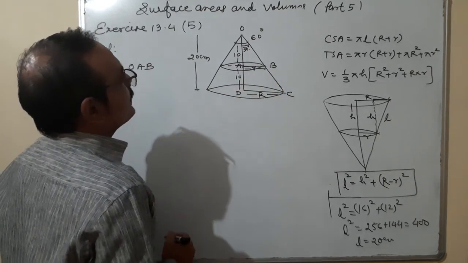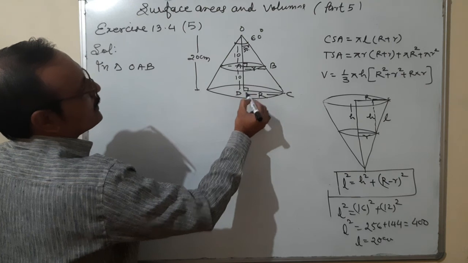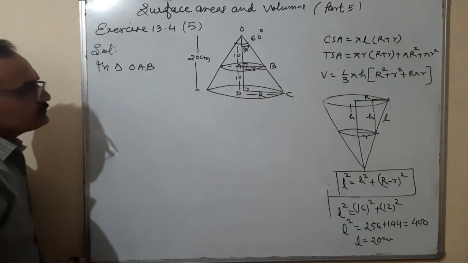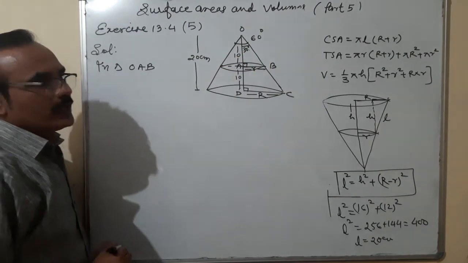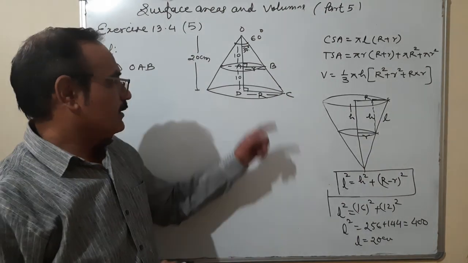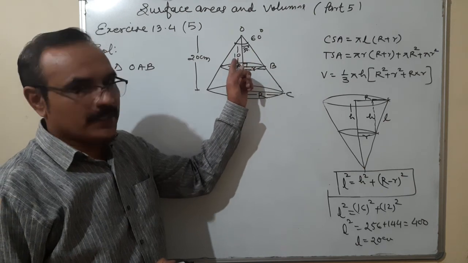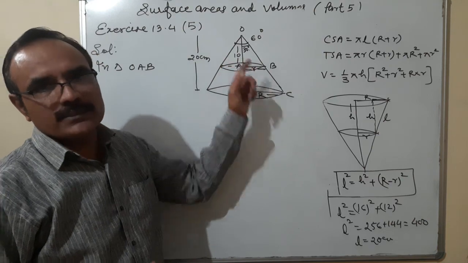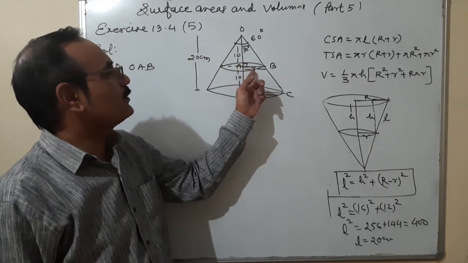In triangle OAB, this angle is 90 degree because it is parallel to the base. Okay, it is a right circular cone. So 90 degree is there. In triangle OAB, we are using introduction to trigonometry for finding one side because the angle is given. So the opposite side of theta is the perpendicular. Here is the base, and that is the hypotenuse. Perpendicular upon base is 10. So may I use here tan 30, perpendicular upon base.